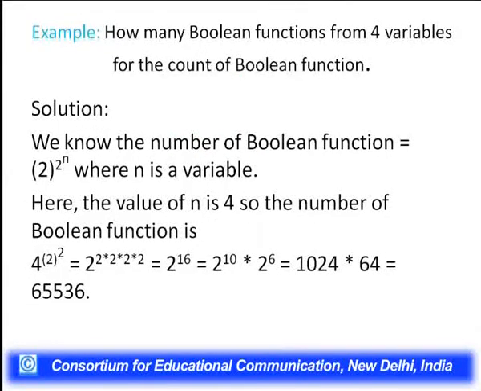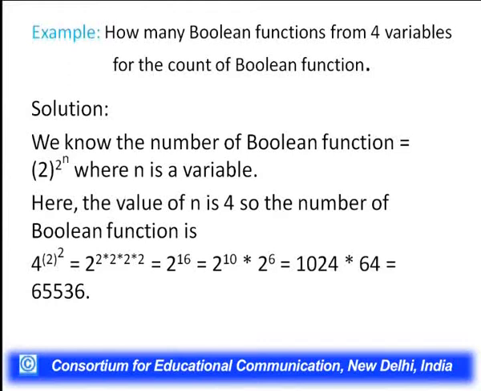Example: how many Boolean functions are there from 4 variables? Let us see the solution. We know the number of Boolean functions equal to 2 to the power 2 to the power n, where n is the number of variables. Here the value of n is 4, so the number of Boolean functions is 2 to the power 2 to the power 4, that is equal to 2 to the power 2 into 2 into 2 into 2, that is equal to 2